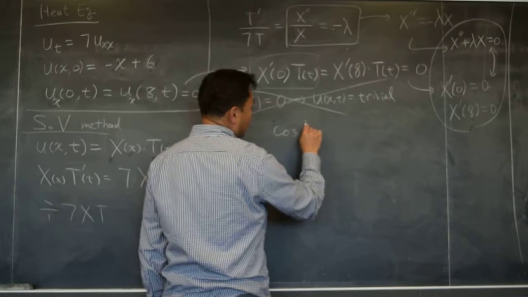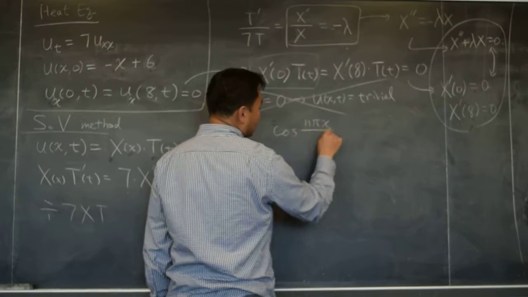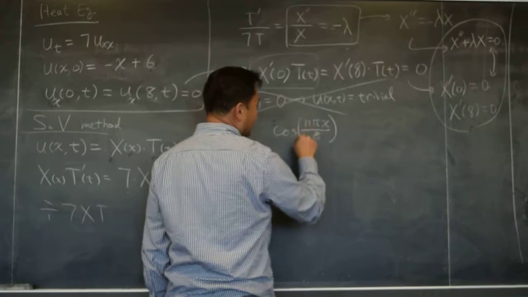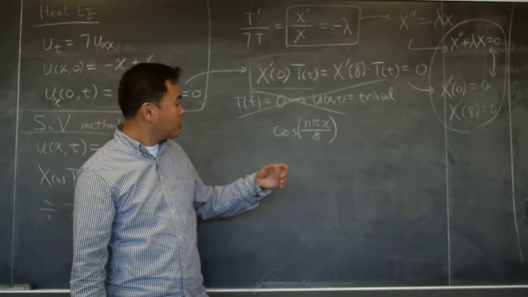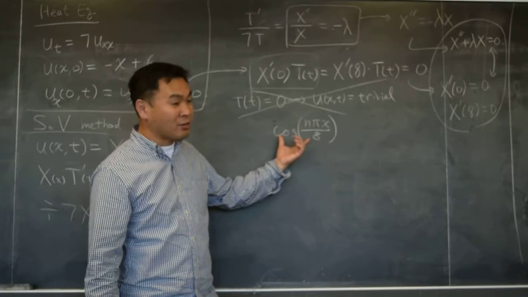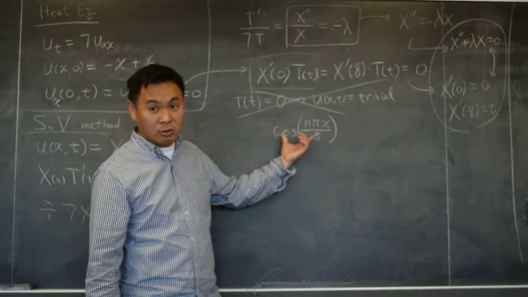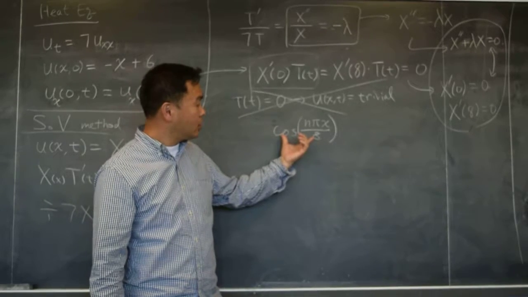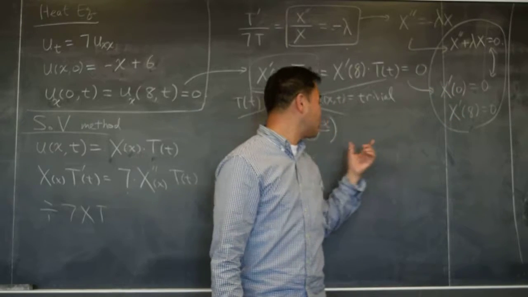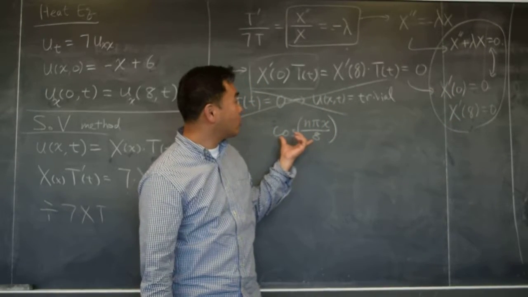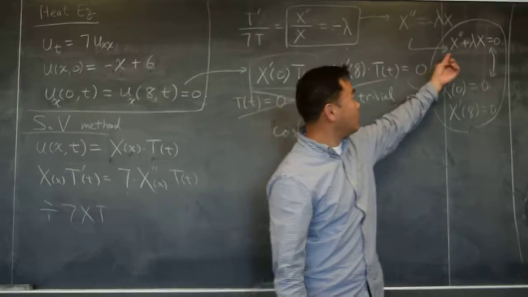Cosine n pi x over 8. Okay, so these are the functions whose derivative at 0 gives you 0, and also when you differentiate this and plug in 8, you get 0. So these two conditions are met for this one,